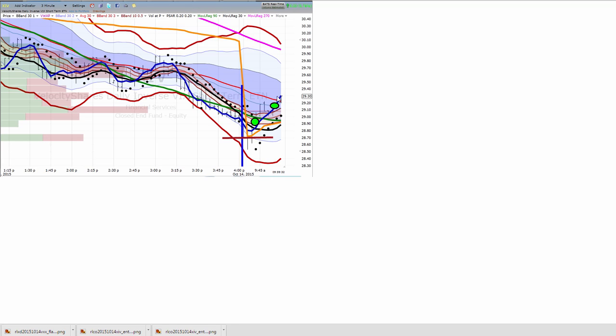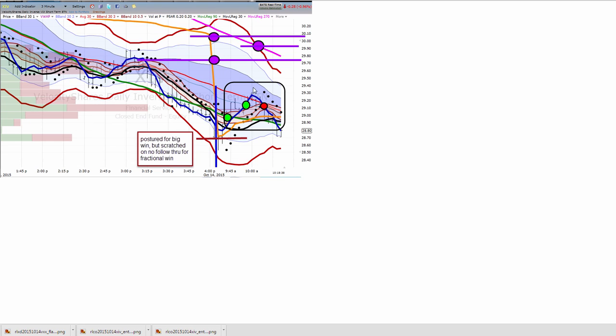So I don't have 2R in hand, but I do have momentum. I've had the first flinch and go. And so I'm willing to front run this, but I've got a tight trigger on the exit. So these are the targets that I was looking at. The return to the VWAP, the top of the dragon on the last swing high, and then the moving RL